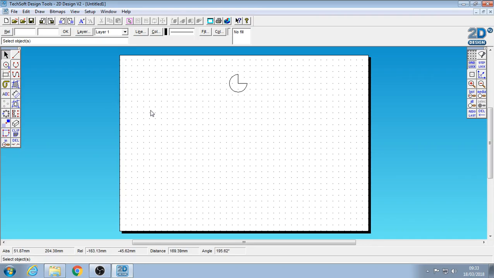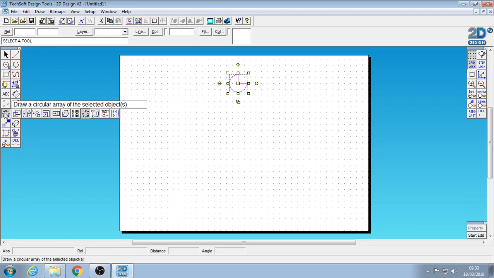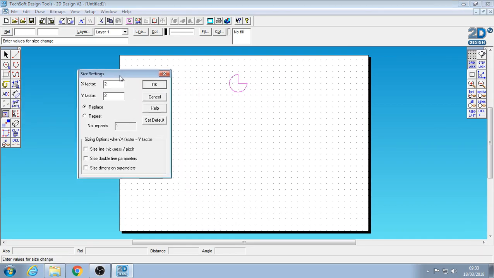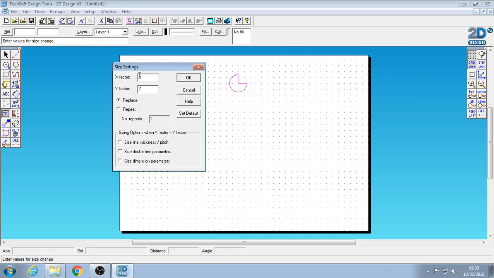Couple more transform tools we're going to look at now. Take my object that I originally used, and I click on my transform, and I hold it with my left mouse button, and I'm going to alter the size of the object. Now this is really easy to make things a specific amount bigger,